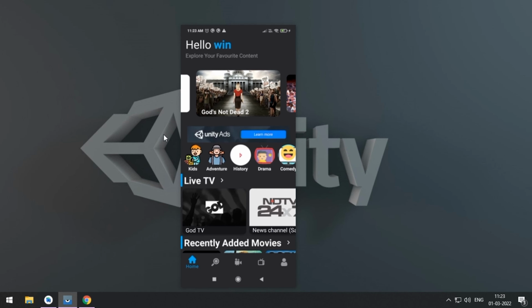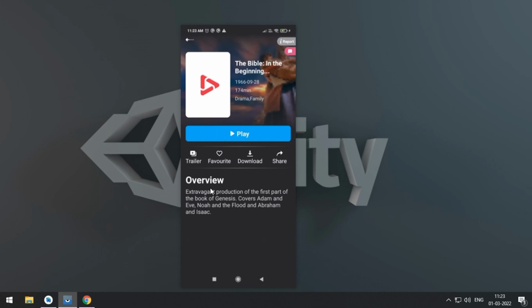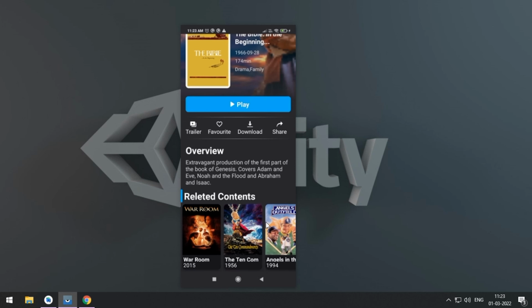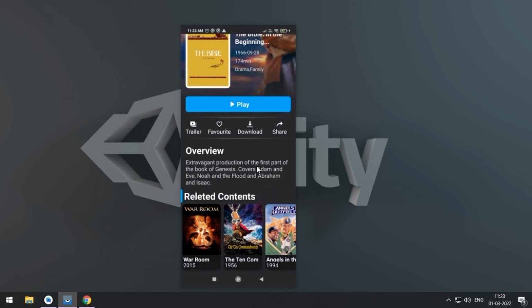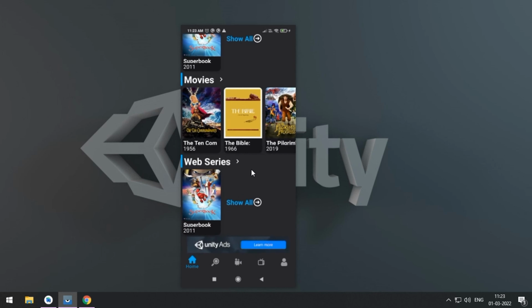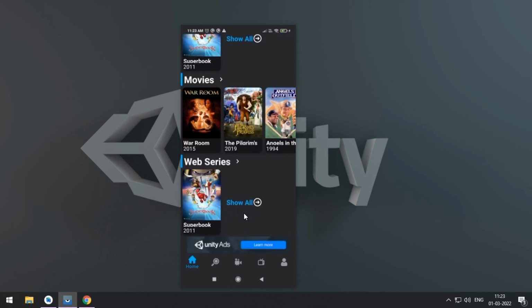For now, it's showing test ads. I think once you upload your app in Play Store it will start to show real ads. Remember, this particular ad shows up only on home page of the app. If you're not satisfied, I have also created tutorial on how to implement Google AdMob to your app.